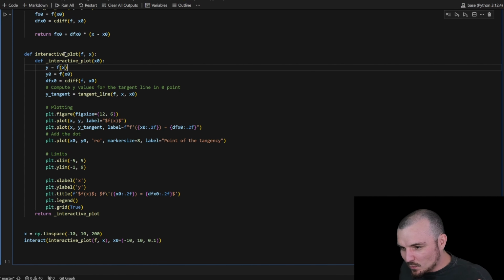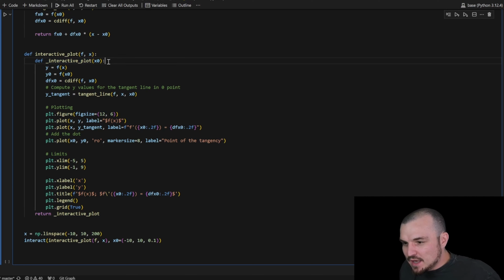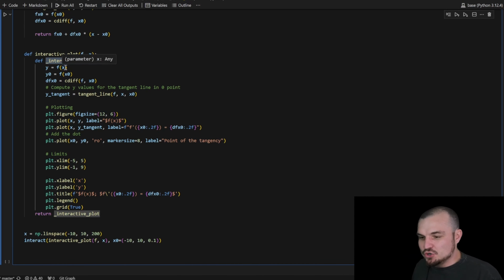Meaning that we bind these parameters on the higher-order level function, and then we have this function that does the job for us.